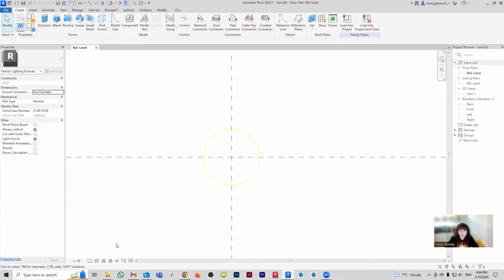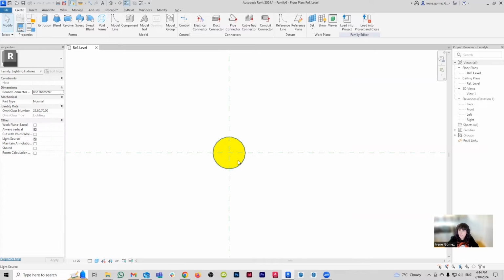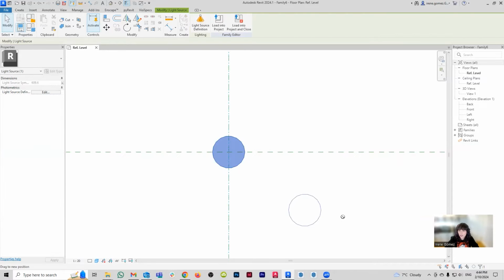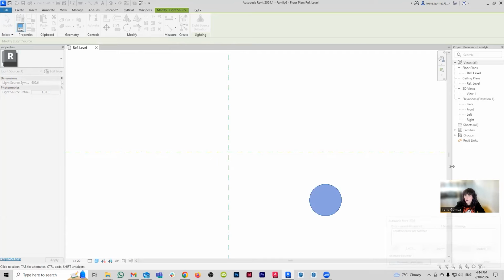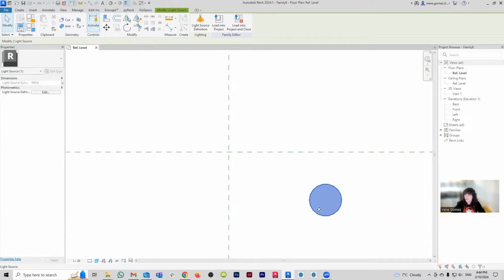Now, your Revit family is always going to start with a light source, which for the time being, we're just going to ignore. And in fact, what I like to do is take the light source and move it out of these axes, remove the constraints. Sorry, I'm going to move my head out of the way. Remove the constraints so it's not in the way. And if I want, I can bring it back afterwards. But to begin with, I like a clear vision for my model.